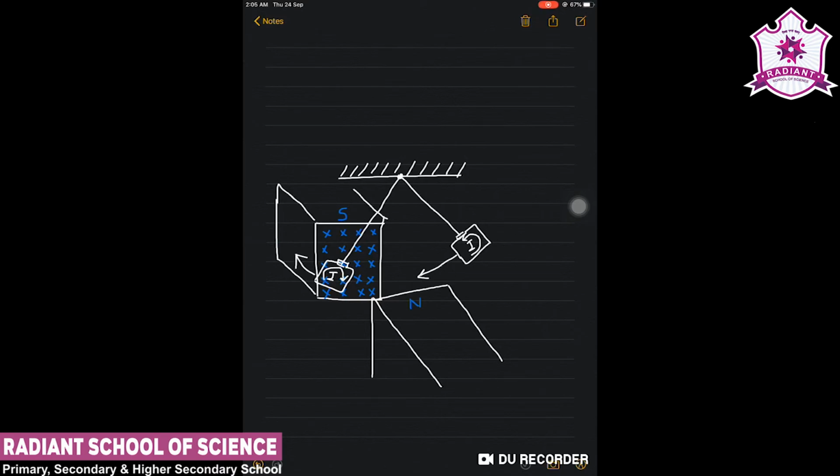Now we can explain this phenomenon: the magnetic flux associated with the plate keeps on changing as the plate moves in and out of the region between the magnetic poles. The flux change induces eddy current in the plate. The direction of eddy currents is opposite when the plate swings into the region between the poles and when it swings out of the region.